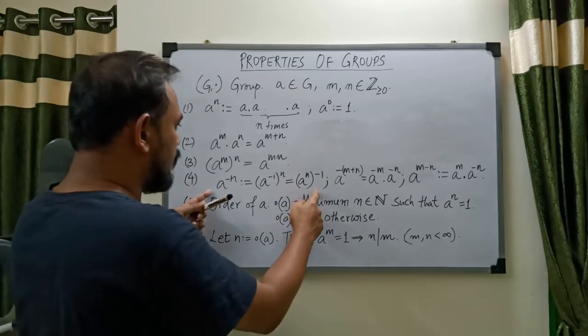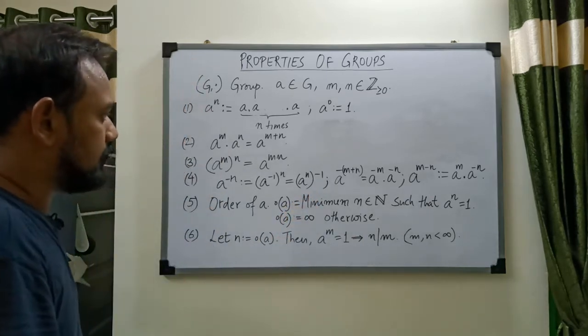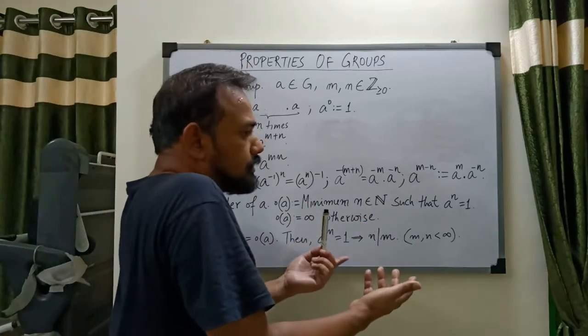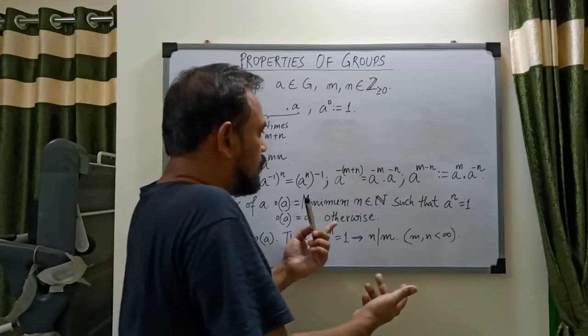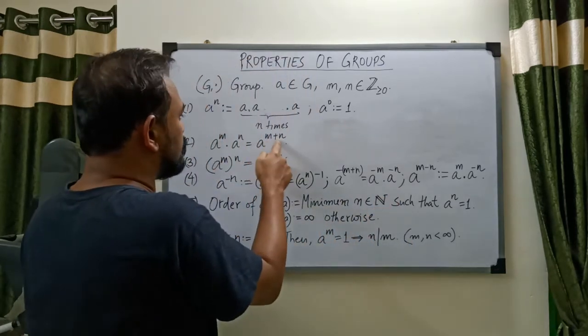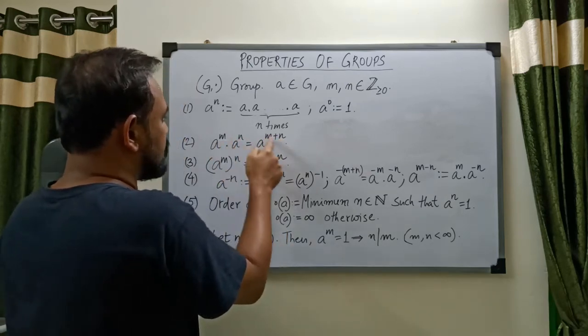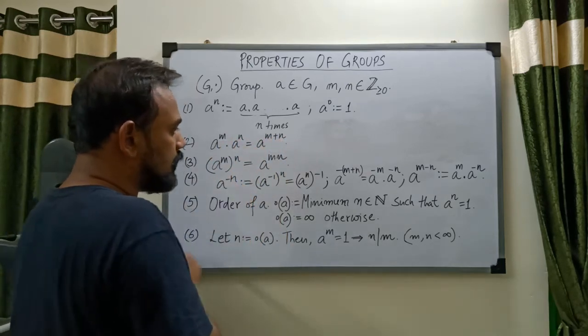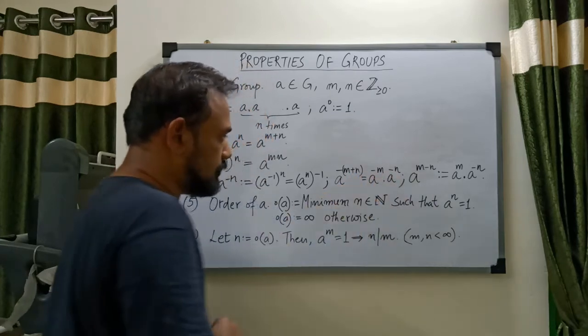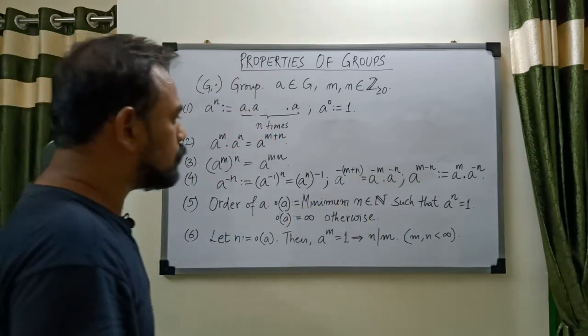Now, once this is defined, you can do more. You can see that the other few rules that we have used all this while are also true. For example, here you could sum the non-negative indices. You can now sum the negative indices as well. And that's true again